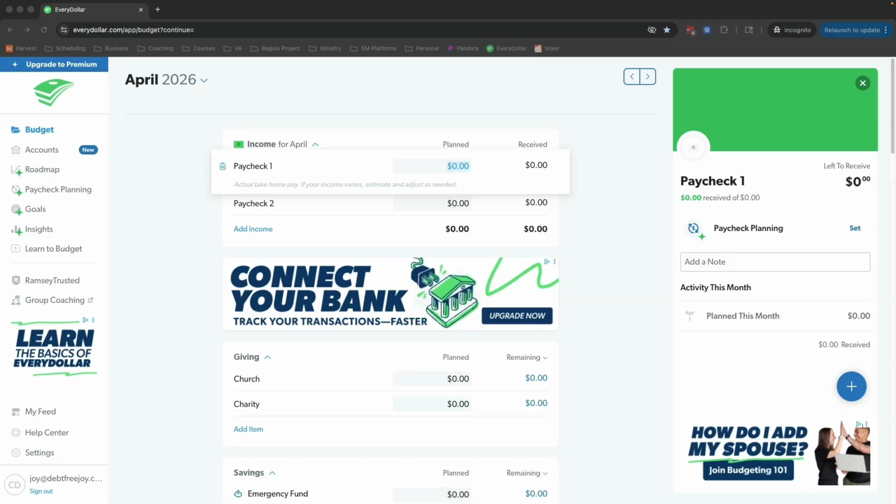Keep in mind that this is a fictional couple and every family situation is different depending on where you live and what kind of work you do. So let's go ahead and get started. If you're watching the video, you'll see I'm recording my screen with the EveryDollar app. This is how it looks on the computer. So if you're doing it on your phone, the categories will be there, but the layout is obviously going to